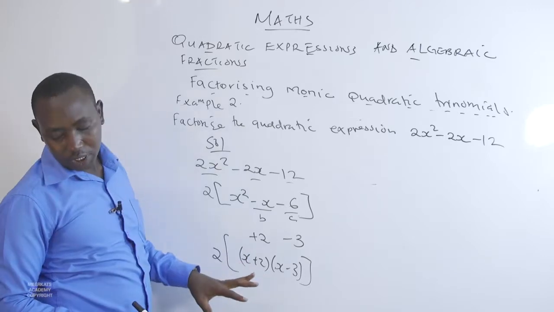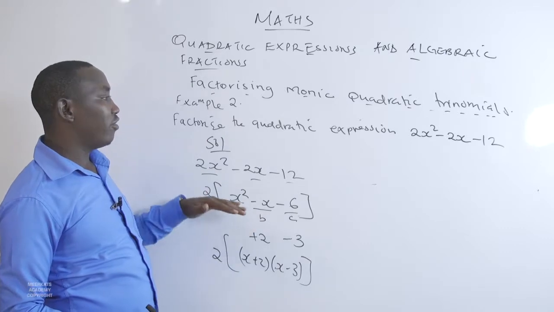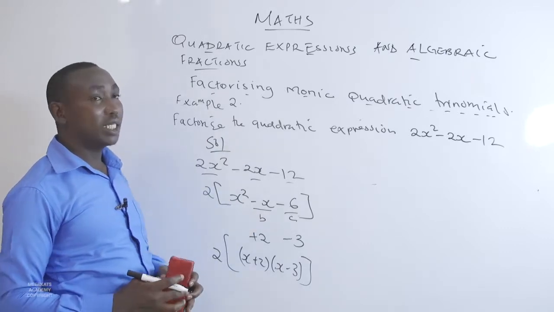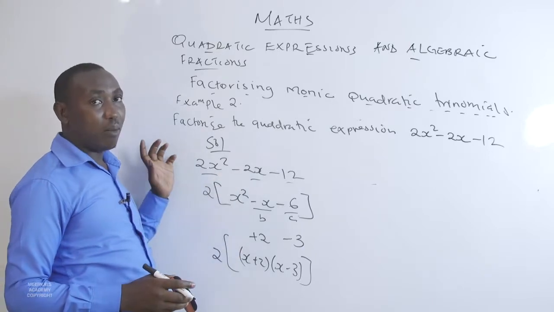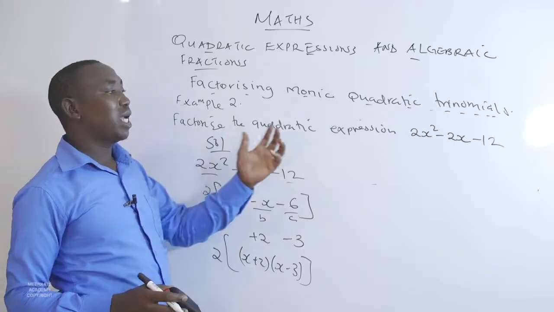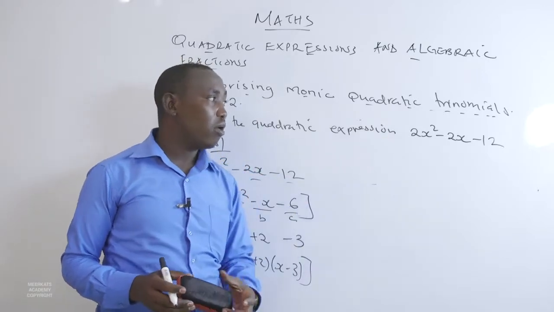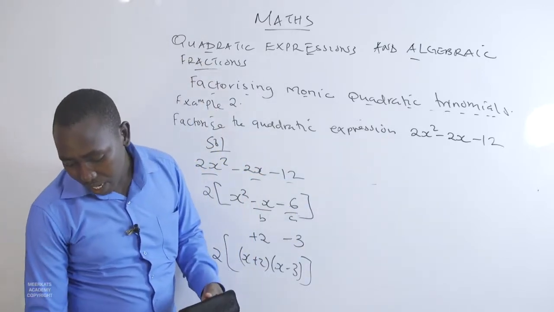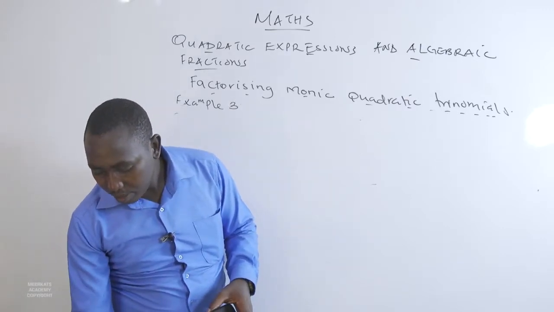And we can say that this is now a factorized form of that particular quadratic expression. So what is important is to first make it a monic expression by taking out the common term between the three given expressions. Now example 3,